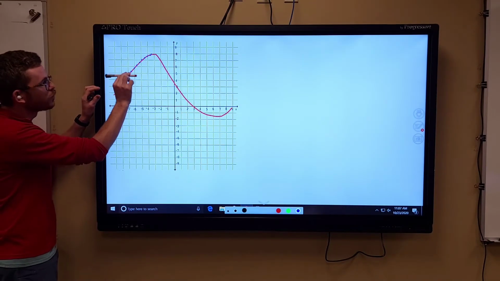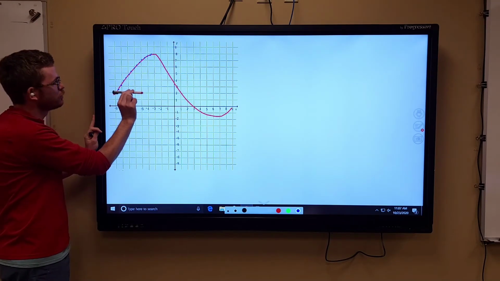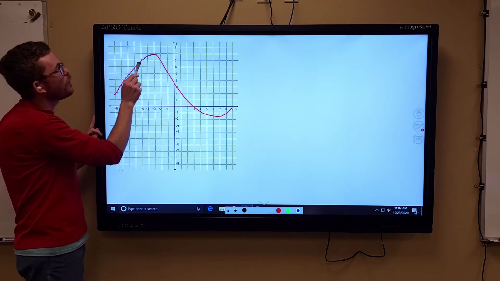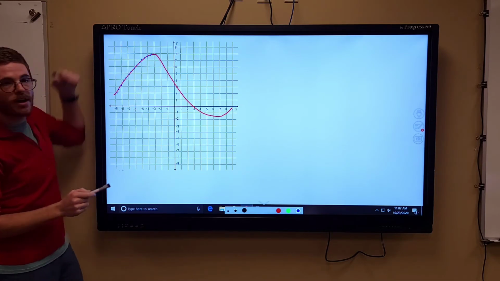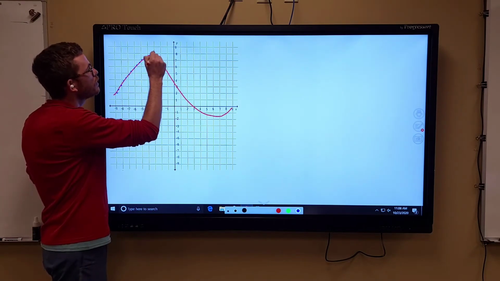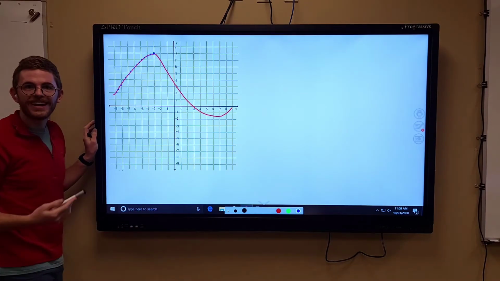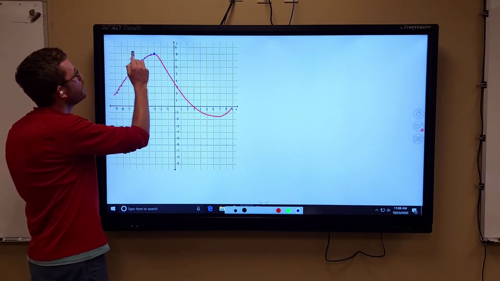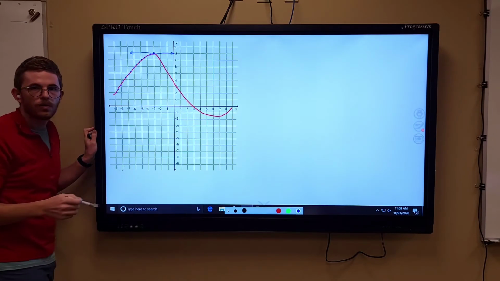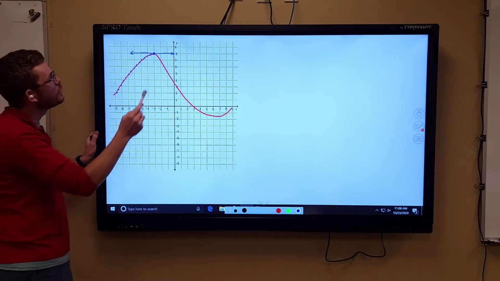The outputs that we're getting out from the original function are getting larger. This one's at 2, and then we're at 3, and we're at 4, 5, 6, 7. And then it almost gets to the y value of 8. But then right here, think about the tangent line right here. It would have to be a horizontal tangent line where the slope at that moment is 0, and then